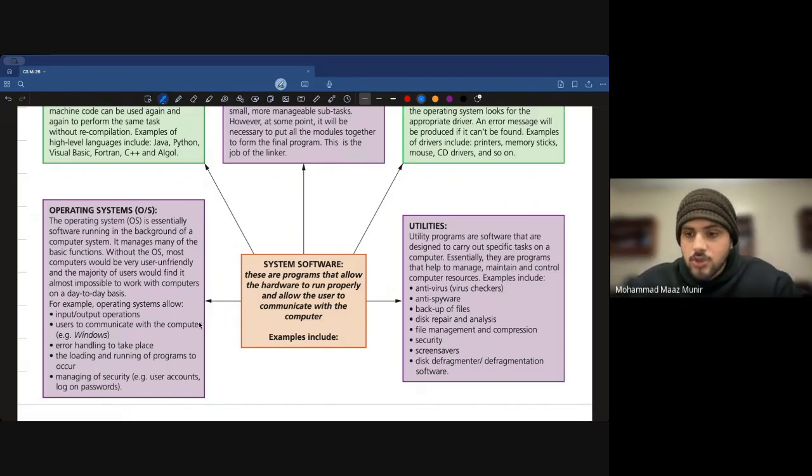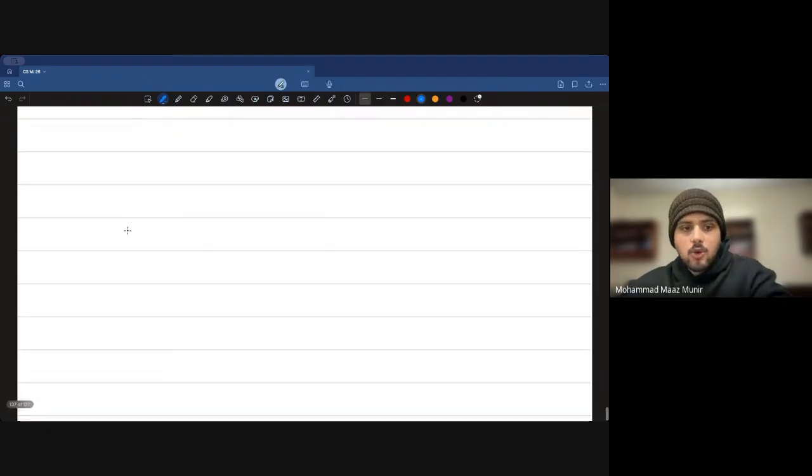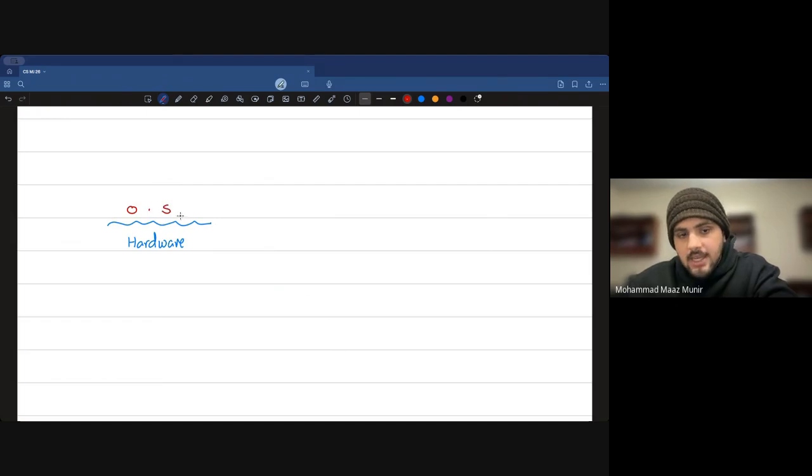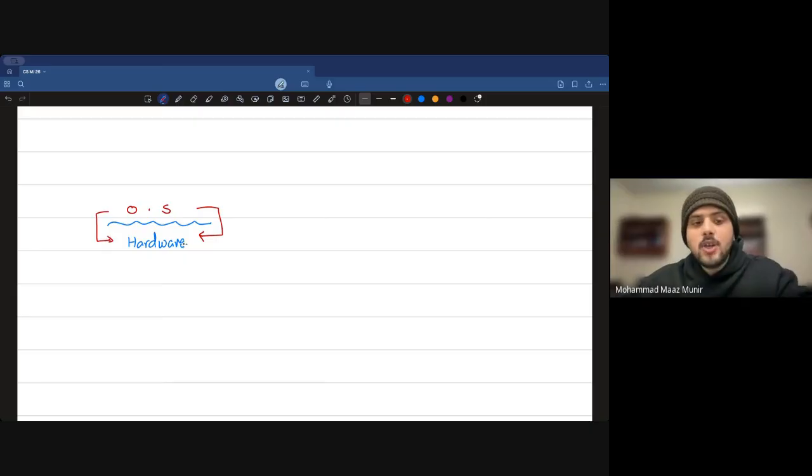So let's say I have a Windows computer with me, and I want to play Fortnite on it. So I download Fortnite onto that computer, right? But I have Windows. So how it works is that you have your computer's hardware, right? And over this hardware, the first direct communication layer is known as the operating system, or the OS. This OS directly gets in touch with your hardware part, and it allows you to communicate with the hardware